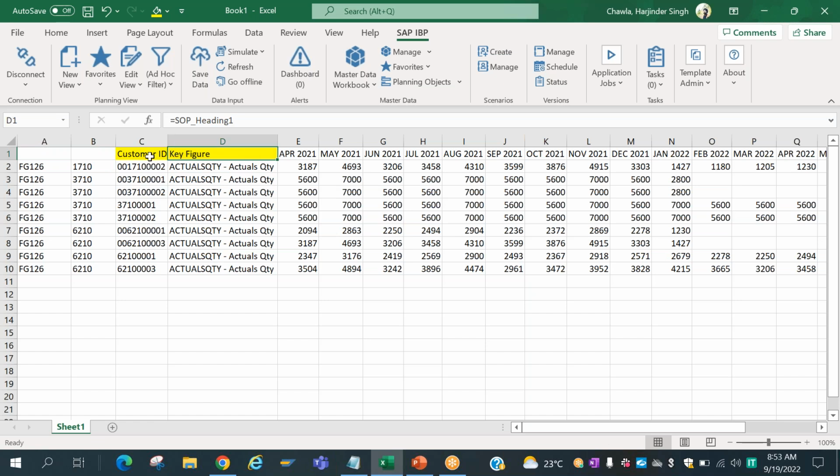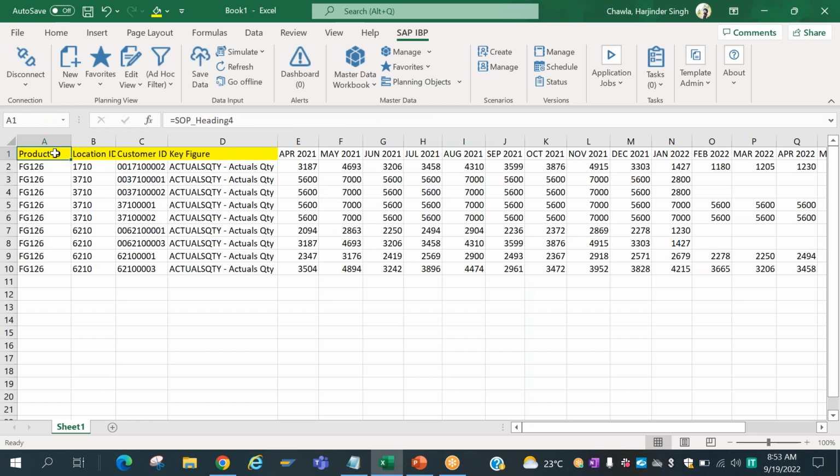This is the key figure. Now see, it has already taken customer ID. So I'll just drag it to all, and then here I will say this is number 3. In sequence it will go, and this will become number 4, right? It will automatically take.